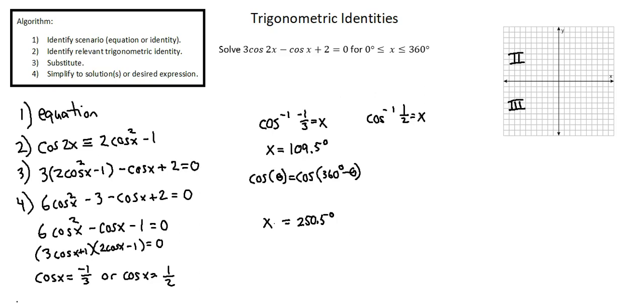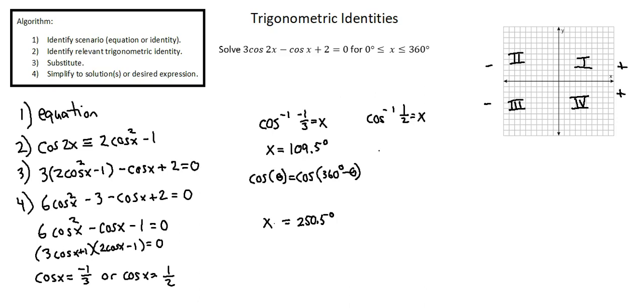I'll add some notation to the coordinate plane to show that the reason we're looking in quadrant 2 and quadrant 3 is because in these quadrants the cosine value or the x value is negative. Now moving on to the second equation, inverse cosine of 1/2 equals x. In this case we're dealing with a positive cosine value, so we'll be looking for the second solutions in quadrant 1 and quadrant 4, where we have positive values